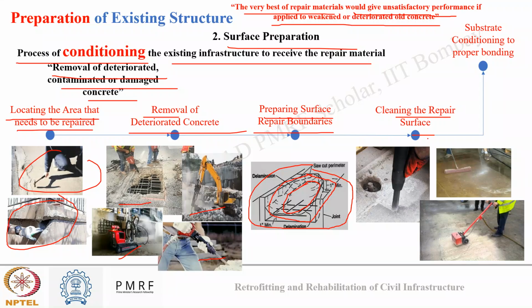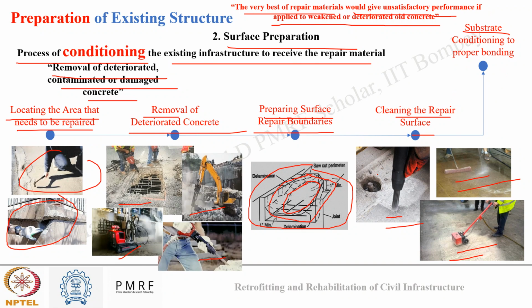This includes removing dust, stain, and contamination from the damaged area, and this is done either by wire brushing, using a scabbler, or by acid etching also. So in different ways we clean the surface properly, and once the surface is cleaned, finally, the substrate is conditioned to SSD state, or surface saturated dry state, so that the repair material can adhere